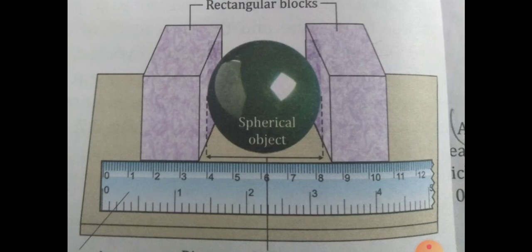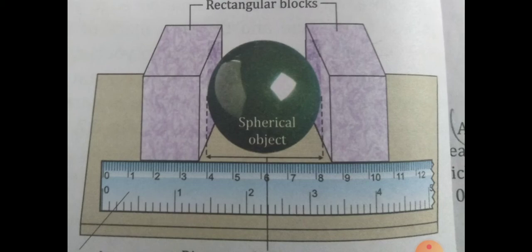That is nearly 4.2. Okay, children, see, you can measure from 4 to 8.2. So how much will it come? 4.2 centimeter. In this way, you can also measure the diameter of your football. If you can do it at your home, it will be helpful for you to understand.